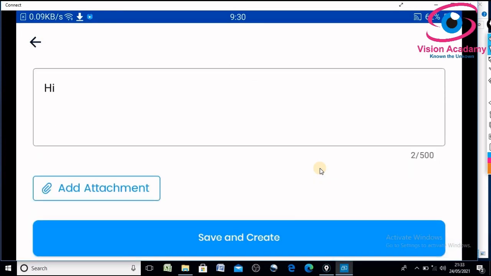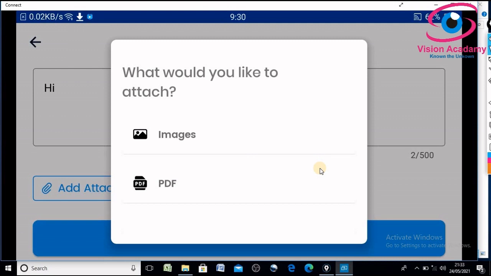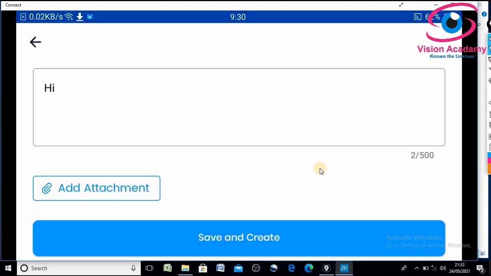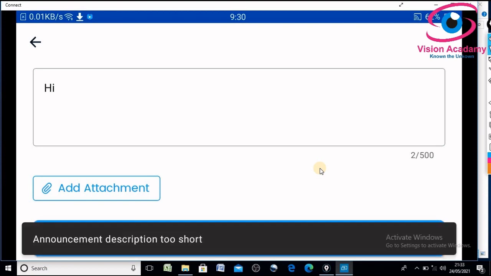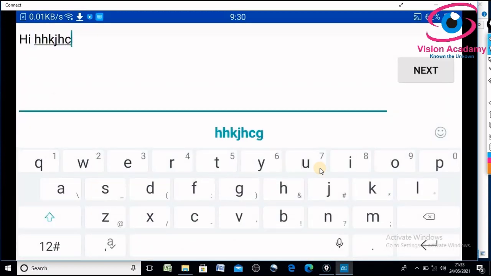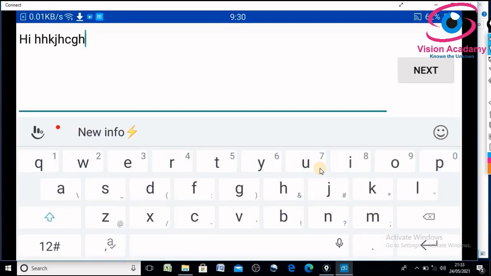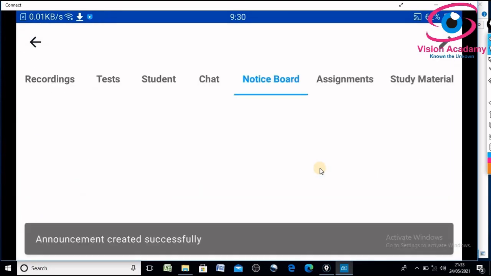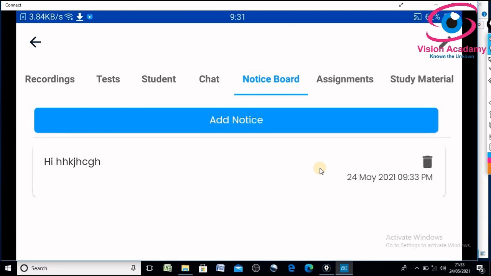You can also add an attachment in the form of PDF and in the form of an image also. You can save and create. It is too short and you have to give something valid, it is asking for a valid notice. So this notice is issued and you can delete that notice also.